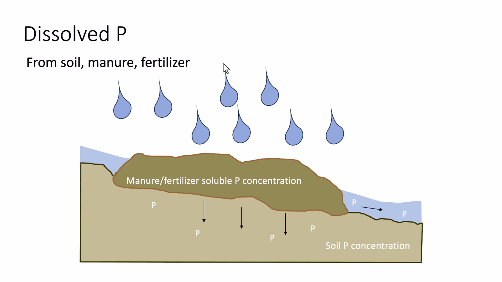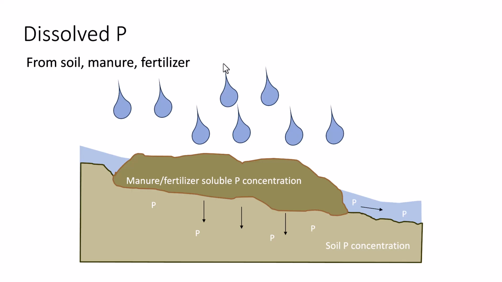The soil itself can be a source of phosphorus, so you can see that here we have some soil P concentration, and we can know about that from your soil test values. The other two important pieces are any phosphorus that has been added in manure or fertilizer applications to the field. So here you can see I have what is supposed to be a surface application on the field of manure,